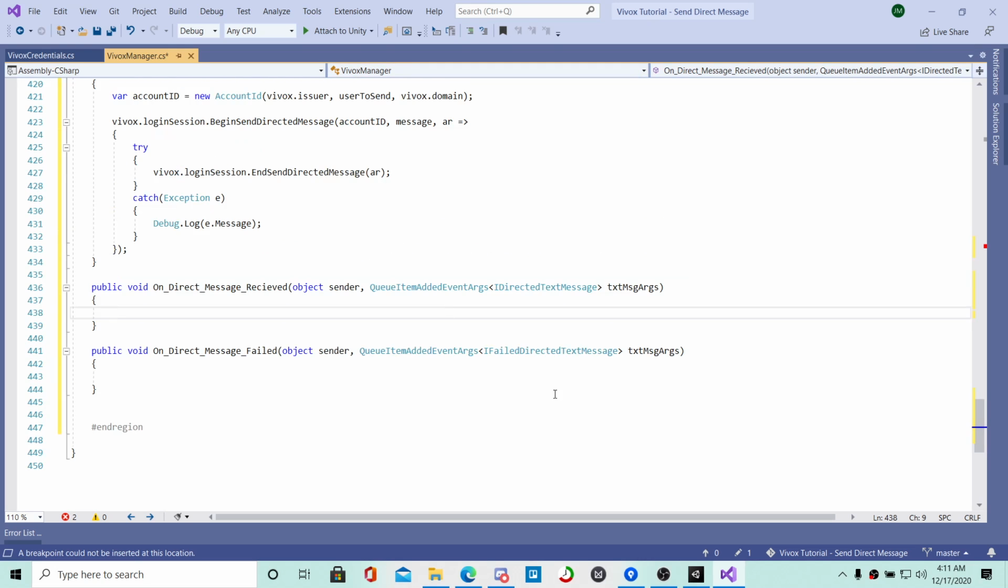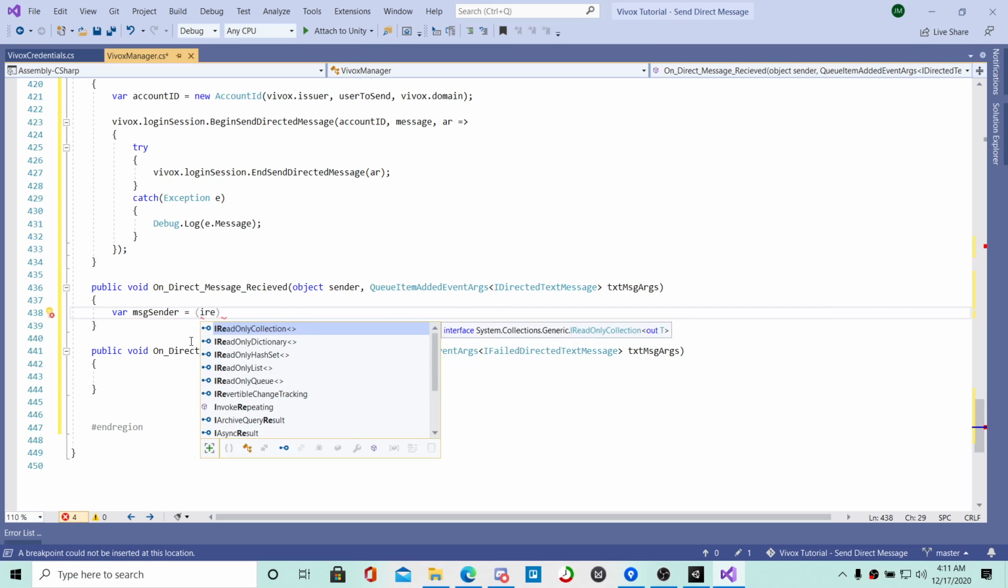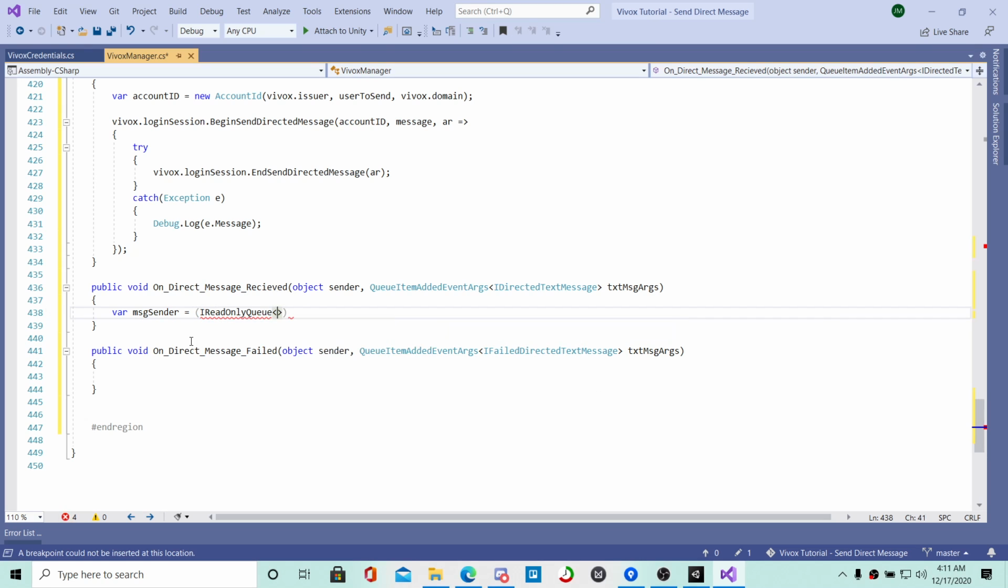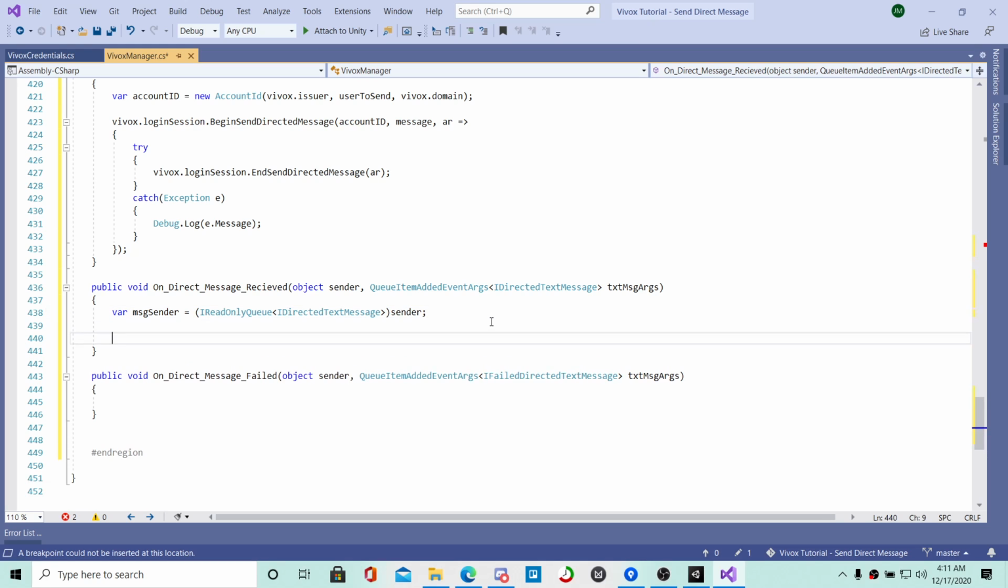Okay, so what are we doing now? So let's put a var. Let's get our message sender. So message sender equals, we're gonna turn this into an iReadOnly queue of iDirected text message. We don't want the result. iDirected text message, and then that's going to be our sender. We're casting it back to what it was, because this is what sent it. And let's get our